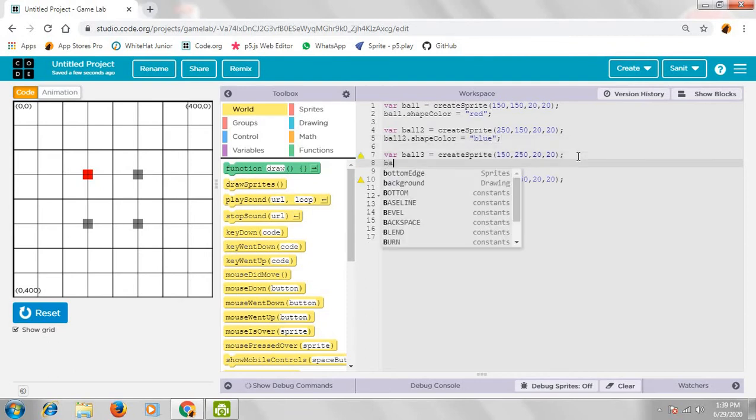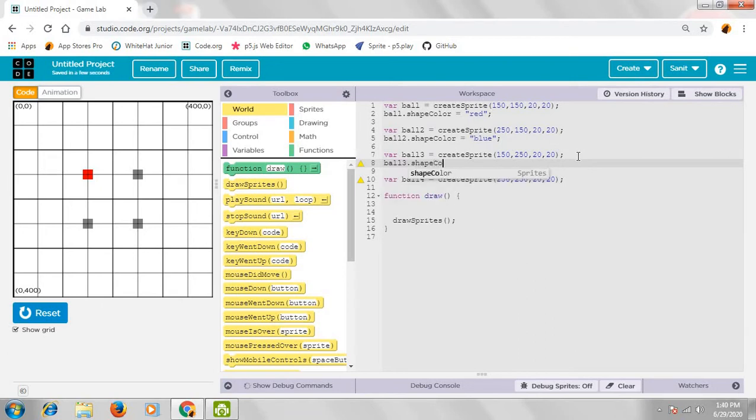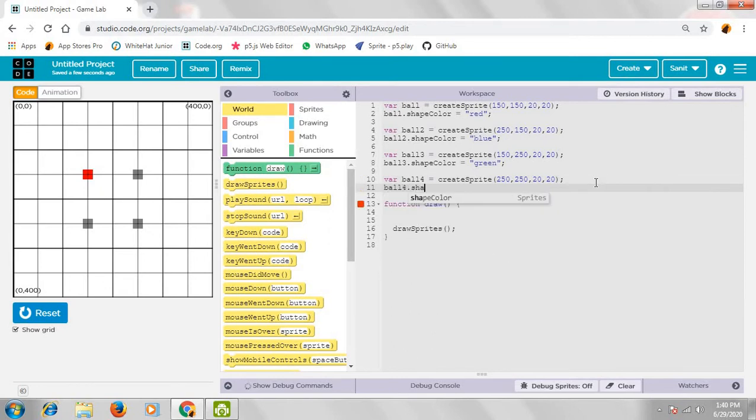Like this I will make it for ball3, equal to green, and the last one, ball4 dot shapeColor is equal to purple. Okay, so you can see all balls have been colored.